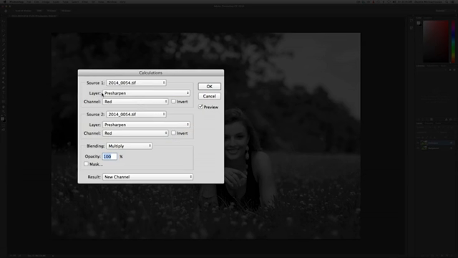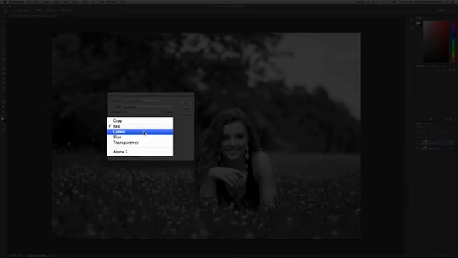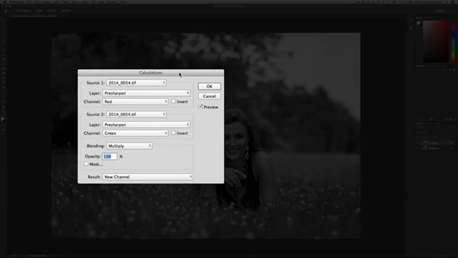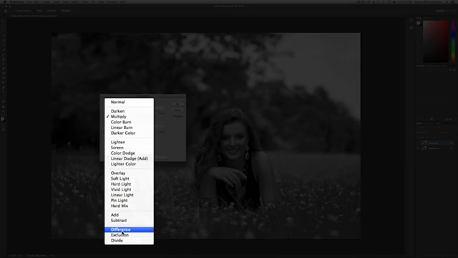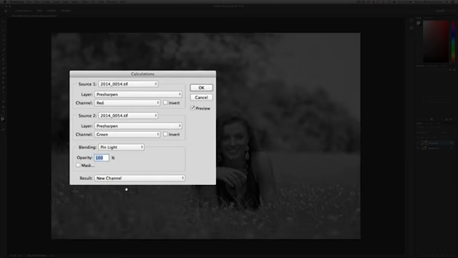So with these settings, we're going to choose the pre-sharpen layer to be selected for Source 1 and Source 2. Your top channel needs to be red, but the lower channel needs to be green. We're attacking two separate channels. We're going to put the blending mode to Pin Light, and you're going to see it's going to really lighten up, kind of gray out our image, much similar to the high pass filter, but not quite. The opacity is going to stay at 100%, and our blending mode's at Pin Light, so we're going to go ahead and